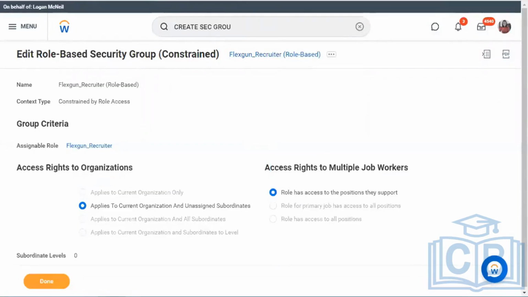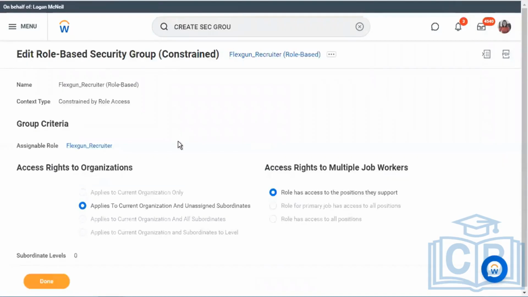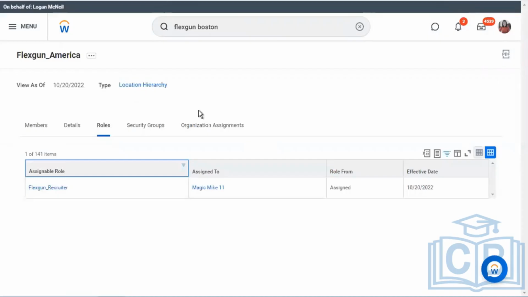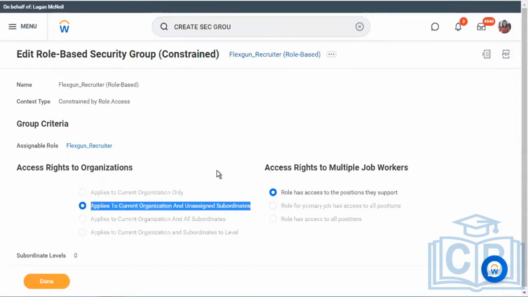Now that we have assigned this particular role at a location hierarchy, if I choose the first option, which applies to the current organization only, that means anyone hired in this top level only will get to use Mike as a recruiter. The second option says applies to current organization and unassigned subordinates. This means that anyone hired in the top level of that location plus anyone in the subordinate level will get this.